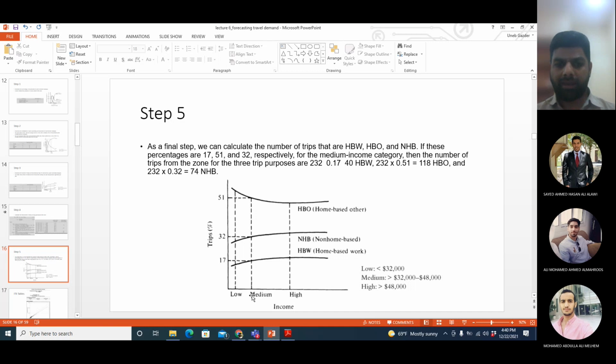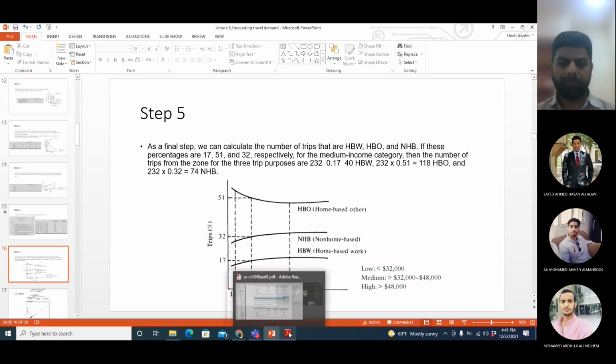For the medium income category, how many trips were home to work? 17%. How many trips were non-home, so they did not start at home and they went somewhere else? 32%. And how many trips were from home to somewhere other than work? 51%. Okay, so if you come here,